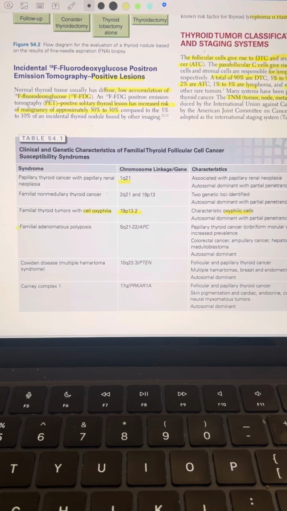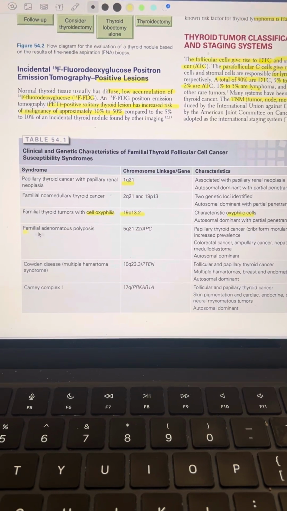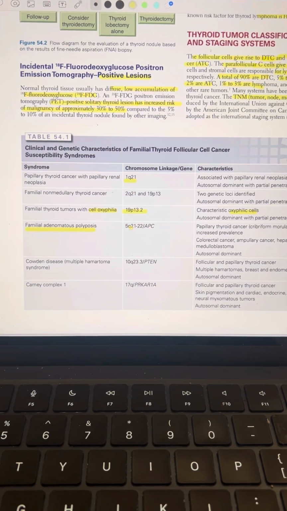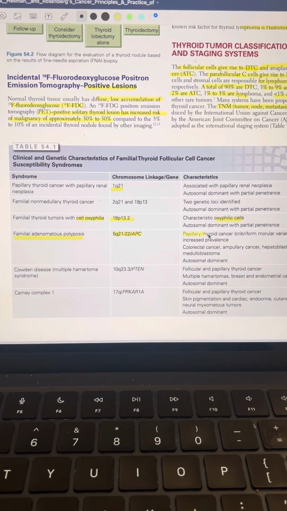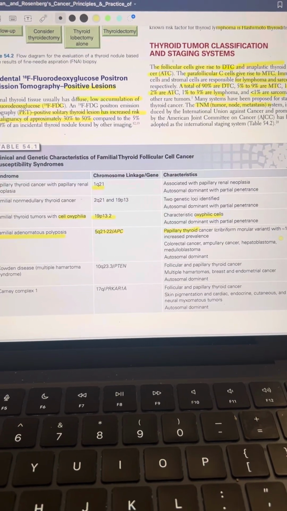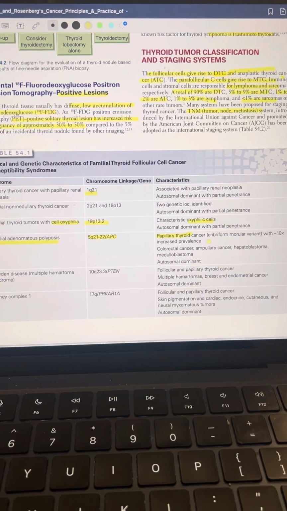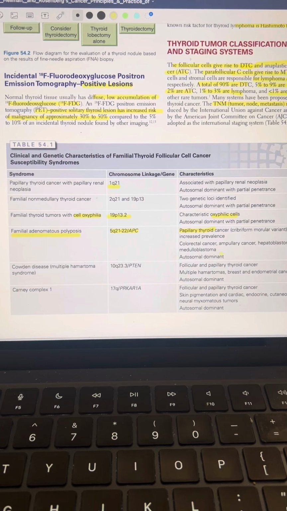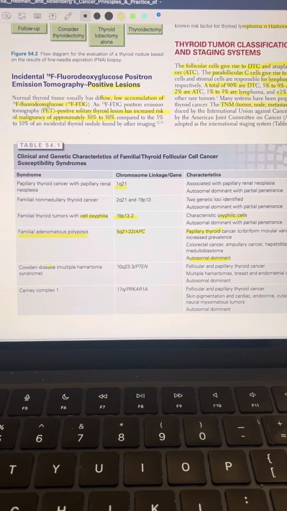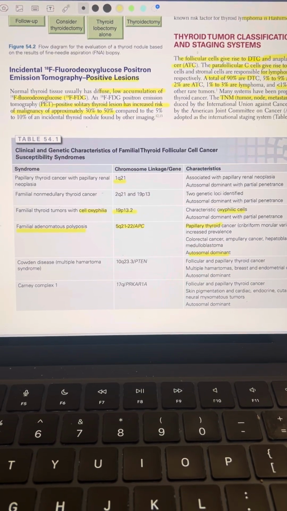partial penetrance. And then there is familial adenomatous polyposis, with the APC gene on 5q21-22. It causes papillary thyroid cancer with the cribriform morular variant, colorectal cancer, ampullary cancer, hepatoblastoma, and medulloblastoma. It is autosomal dominant. Then there is Cowden